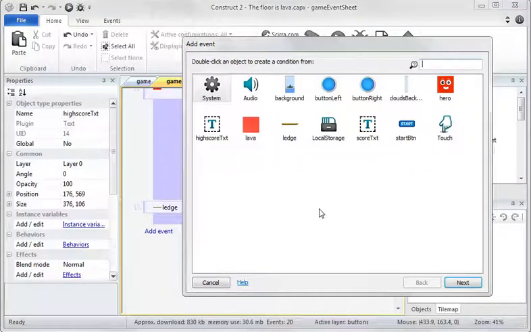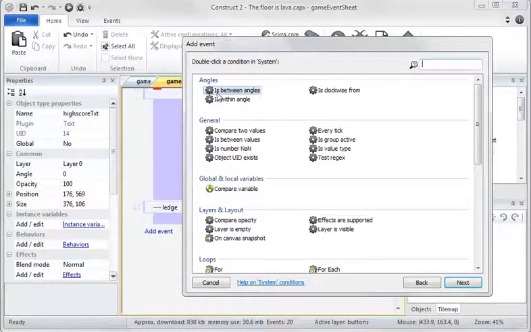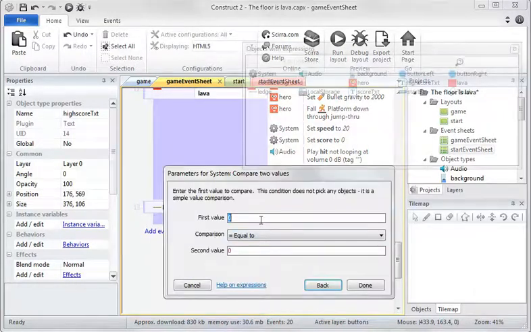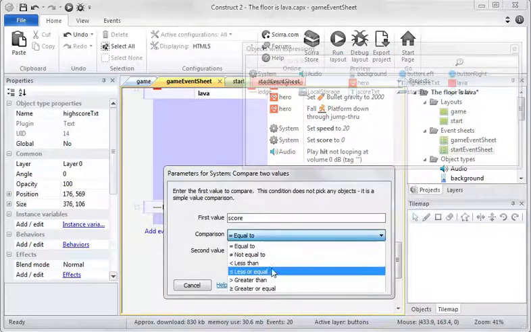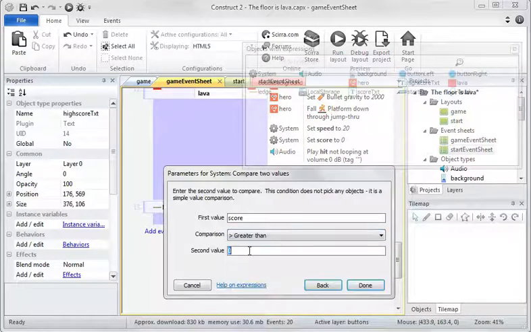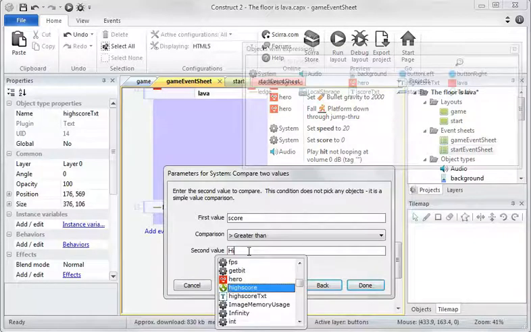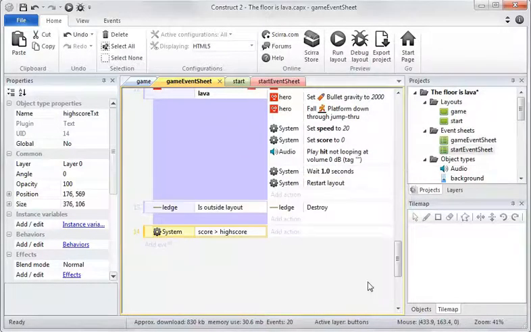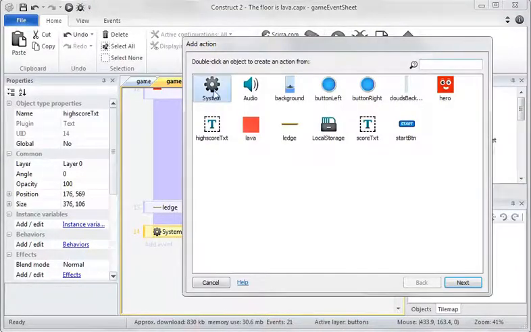So as the score goes above the actual high score, it's going to be recording that as it goes. So it's going to be a system event, compare two values, and the first value is the score, and if the score is greater than the high score,